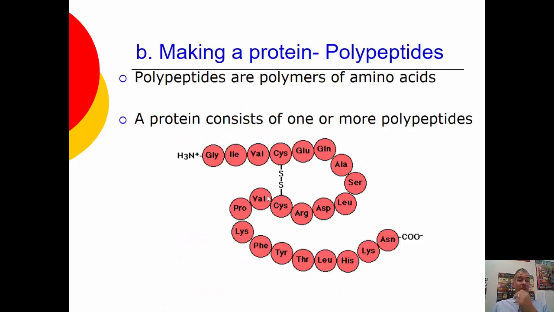So once you put a bunch of these things together, now this is just a different representation. The amino acid would be here with the R group. They're just drawing a circle, almost like a string of beads. But this would just be each amino acid next to each other. And this is a polypeptide, a long chain of amino acids. And the way it folds is determined by characteristics that exist in these amino acids. Each one's unique, and they like to bond and interact with other ones in different ways.